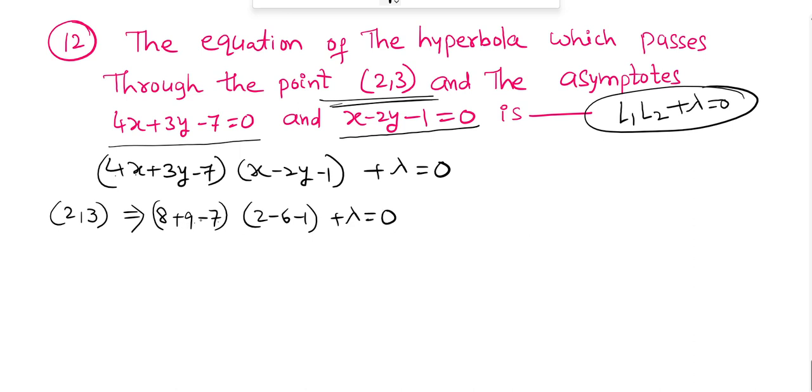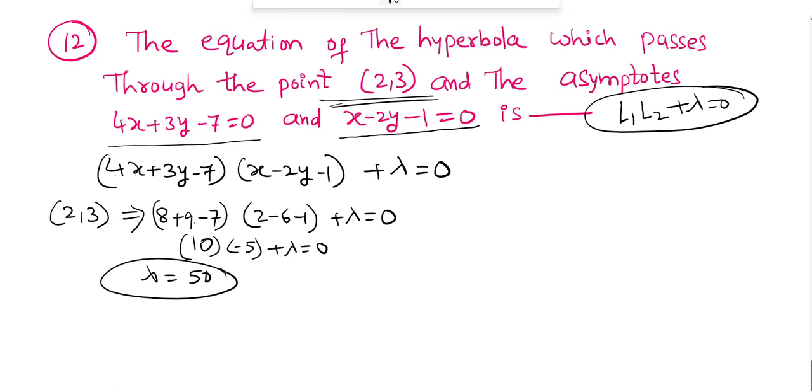Here 9 minus 7 is 2, 8 plus 2 is 10. 10 into this value, 2 minus 6 minus 1 is minus 5, plus lambda is equal to 0. From this, lambda is equal to 50. So substituting the lambda value in the hyperbola equation, that is 4x plus 3y minus 7 into x minus 2y minus 1 plus 50